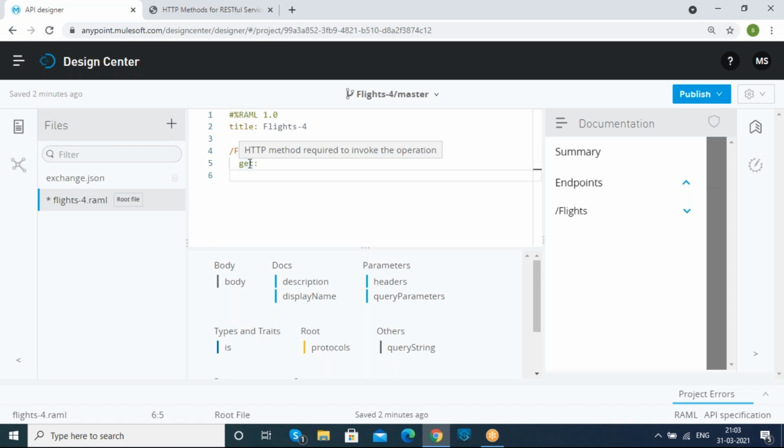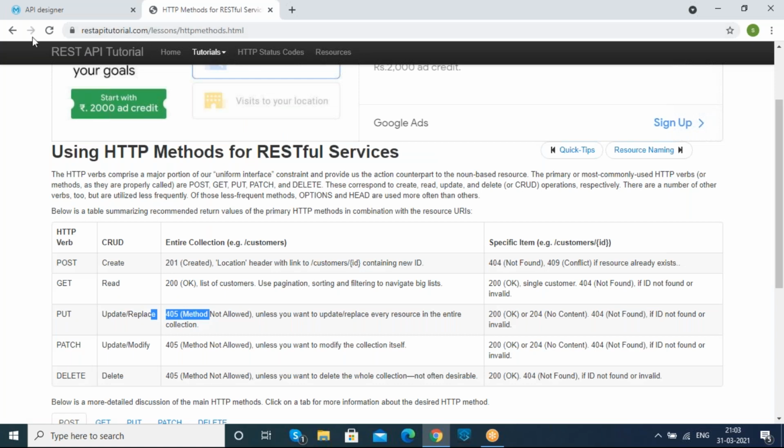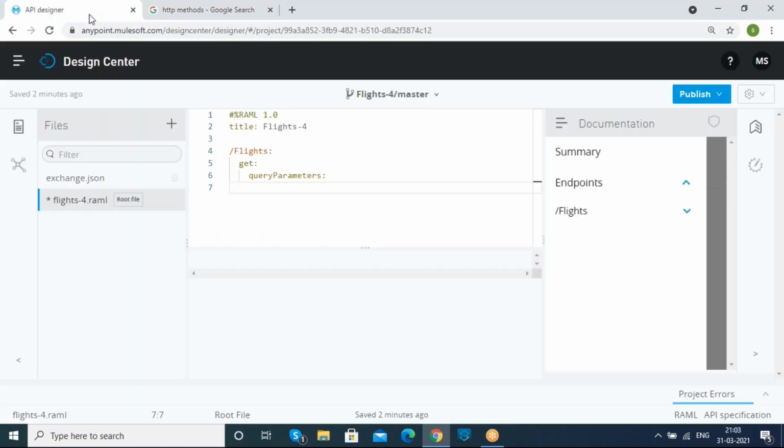So under the get method, I want to request it by using query parameters, exactly like Google. I want to use the question mark symbol in order to request it according to the query destination parameter. And why are we using this get method? We are using it to retrieve the total data as our response, and we are using query parameters to request it. As we know, there are two types of parameters available: slash and question mark. The question mark symbol is called query, and the slash symbol is called URI.